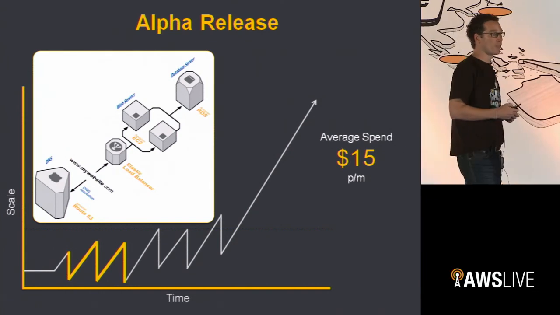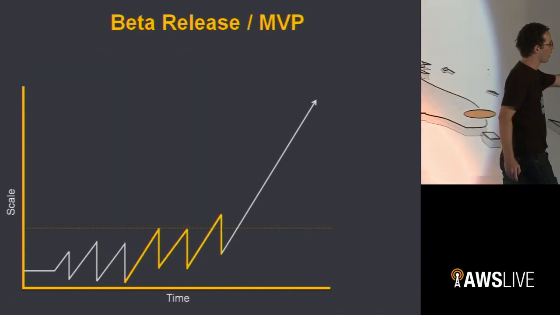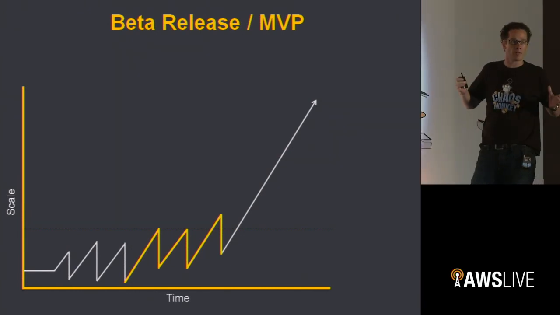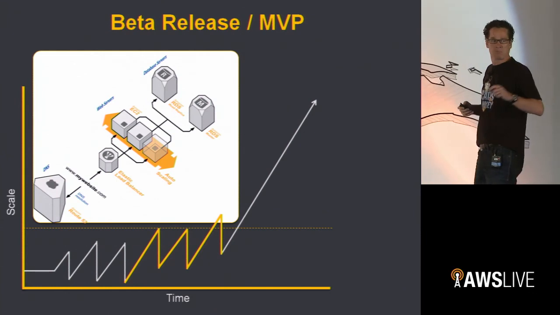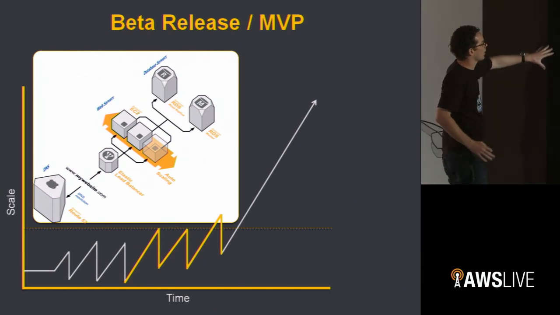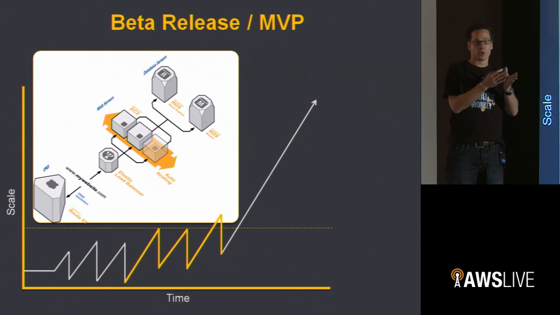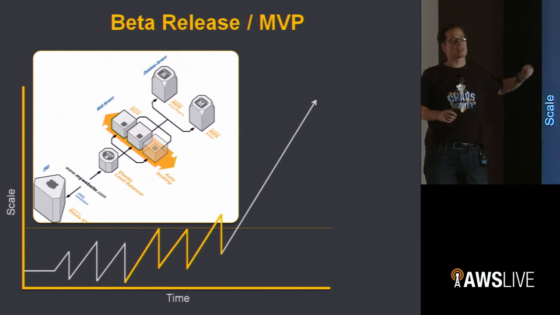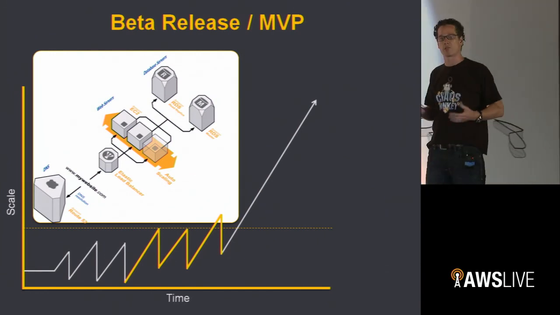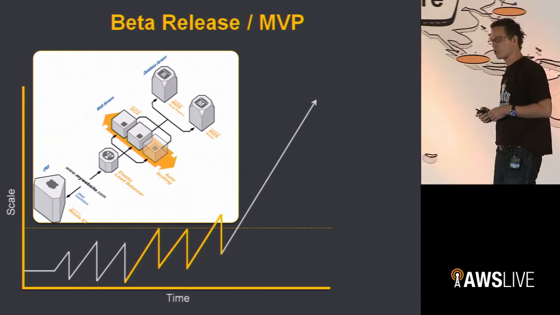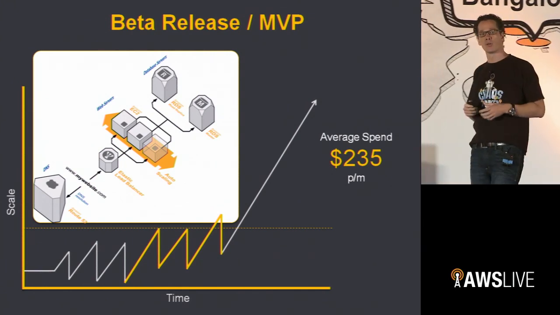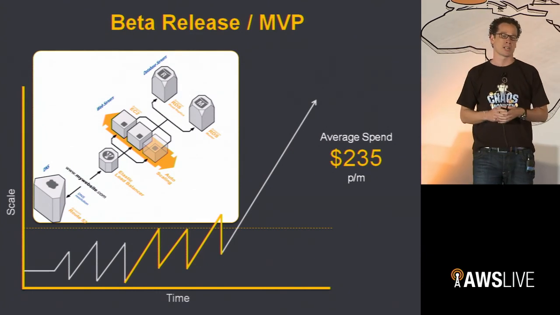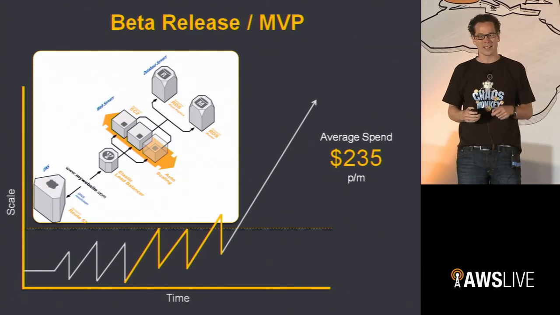Now let's go to your beta release, the first time that you go over that line of minimum viable product and where you're actually going to hit the market. It might still be contained. Let's say you have a few hundred or a few thousand users. Similar setup, but we now start using auto-scaling as well, so that when more users come, even within that 1,000 users, you can scale up. And maybe you change something in your database as well, where you start having a master and a read replica as well. Cost per month, roughly about $235. Obviously depends on a lot of different things, but that's roughly what you'll be looking at with an architecture like this. So where does that get us?